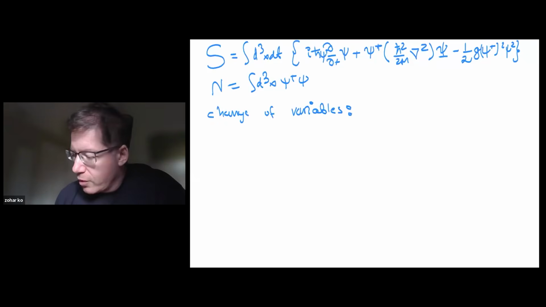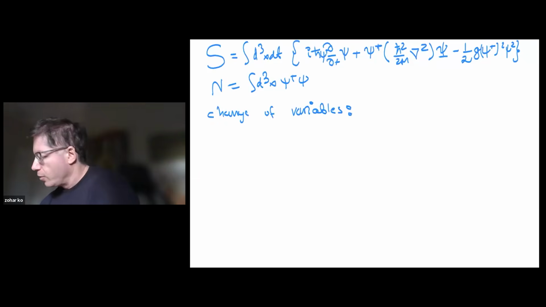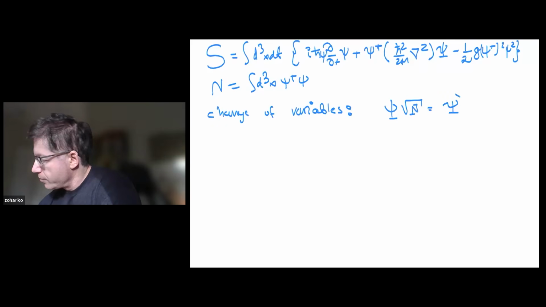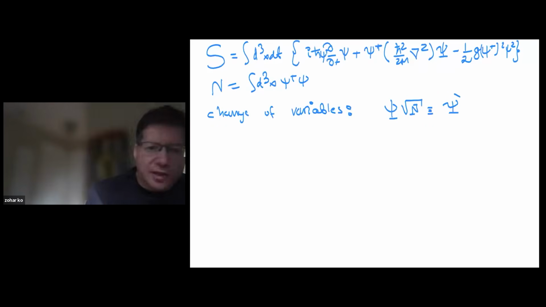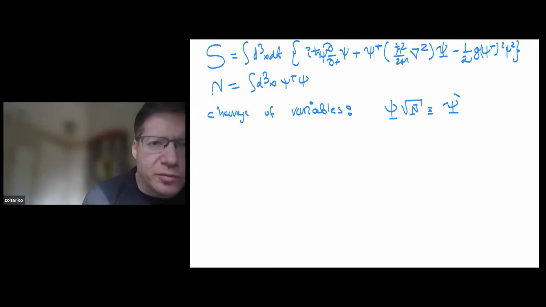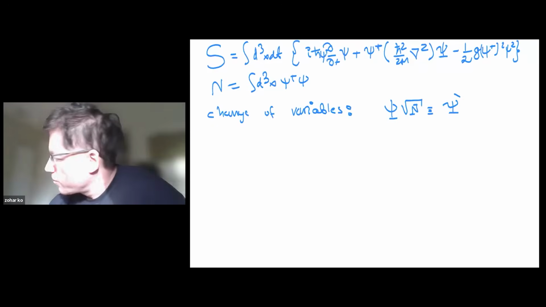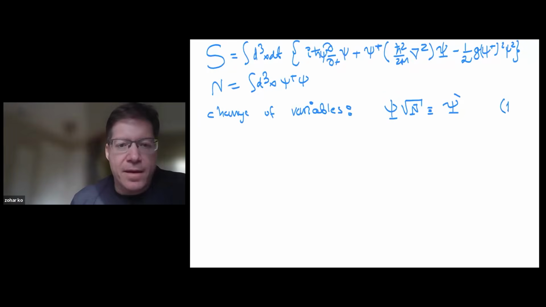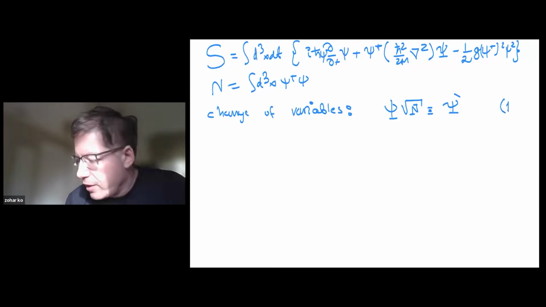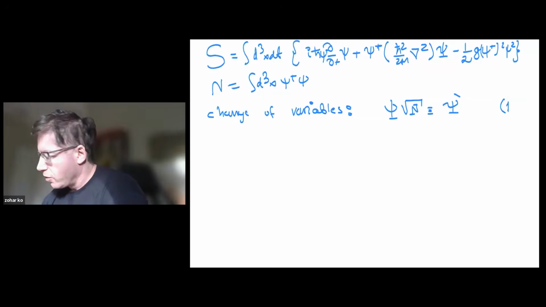The change of variables is going to be as follows. We will take psi and multiply it by the square root of n, and we will call this a new field operator, psi prime. That will be step number one. There will be two steps. Step number one is going to be to do this change of variables. So let's do that quickly. We will obtain an action